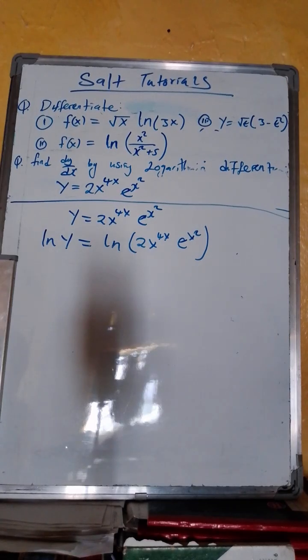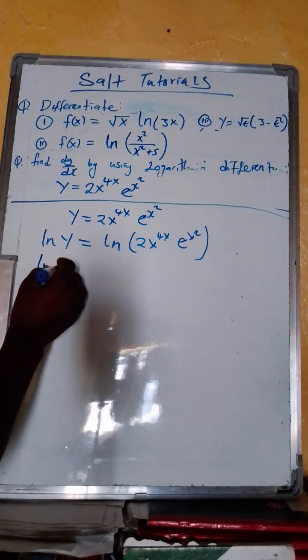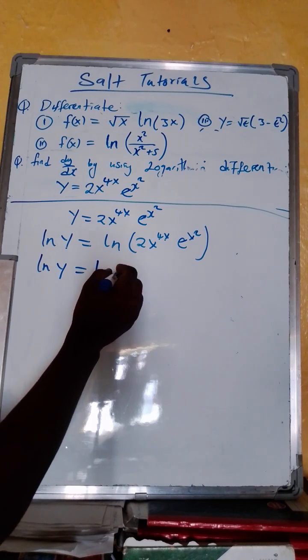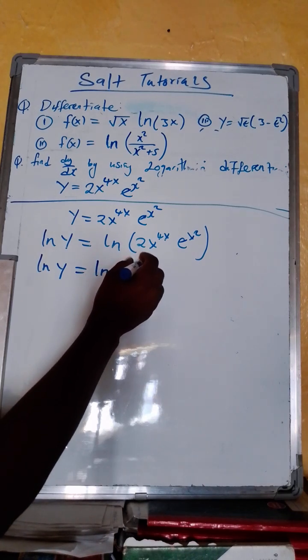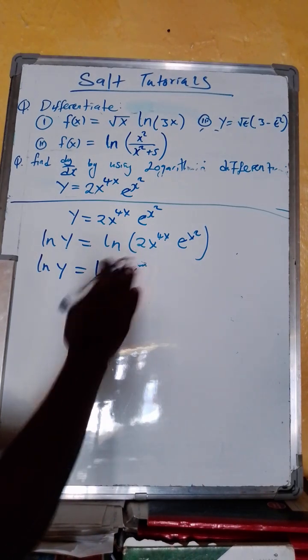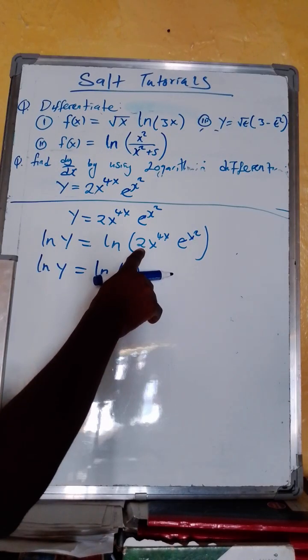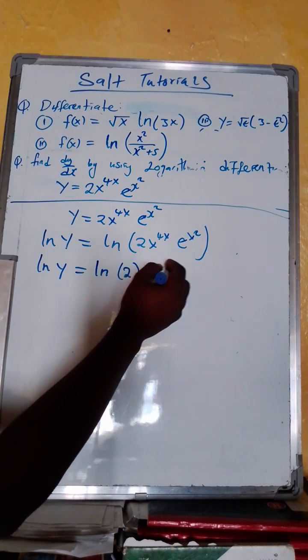Second step, what am I going to do? Simplify things. What do I mean by simplifying things? Simplify it in terms of logarithmic rules. Obviously, this is already a simplified version. This would be natural log of y. This is a product inside. It can be broken down to natural log of 2 times this is a product, plus natural log of this,